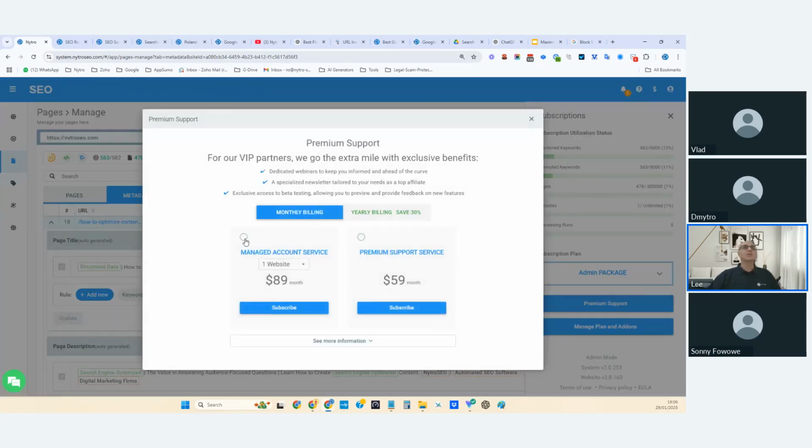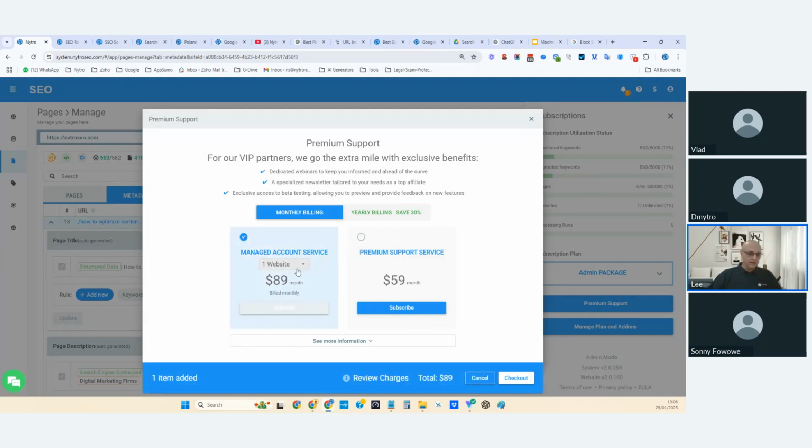And managed account service means that we will regularly monitor your account. We would regularly check the performance, assign keywords, remove keywords, see how the website is performing in general, communicate with you at least once a month to update you. And this could also include, of course, the settings. But if it's just a one-off setting configuration, you can just